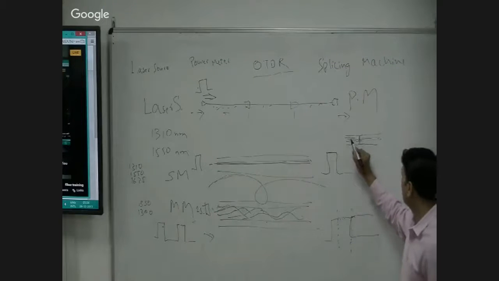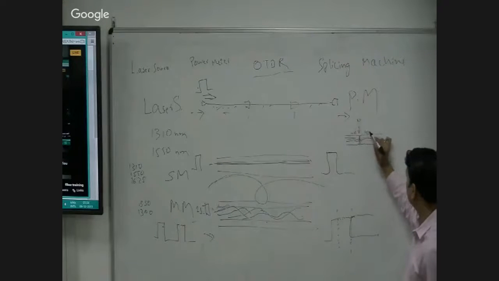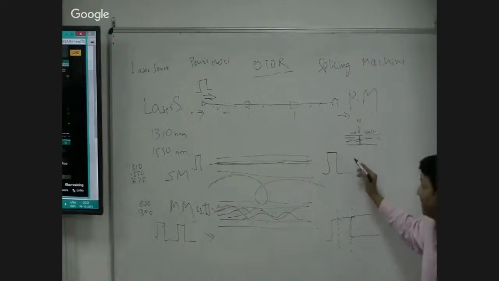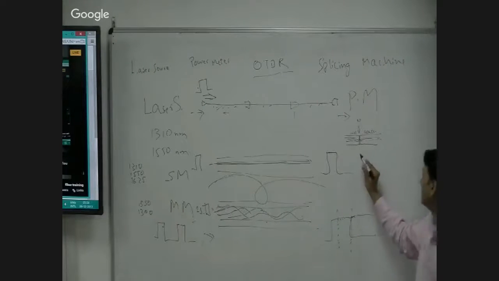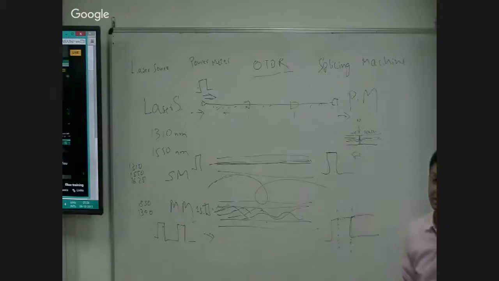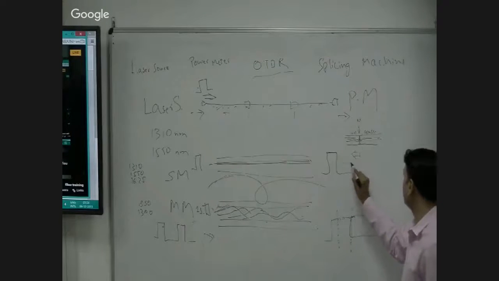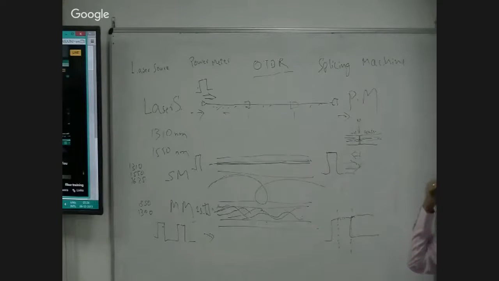So you have glass, air, and glass. So there is a medium change. Whenever you have a medium change, there will be a big reflection back, which is called the loss. So if you have a particular signal which is passing through in forward direction, and you have a reflected signal, whatever